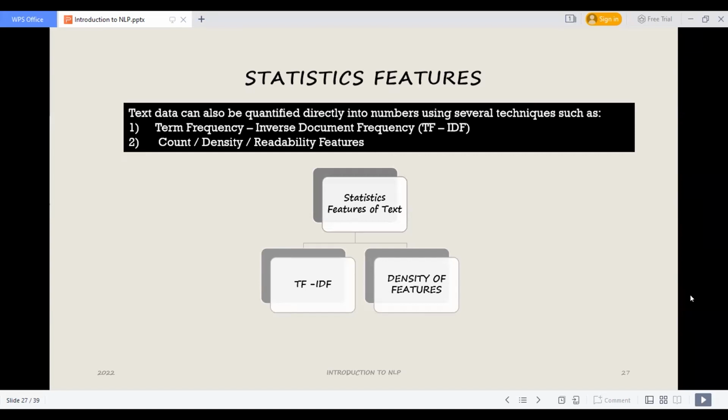TF-IDF is a weight model commonly used for information retrieval problems. It aims to convert text documents into vector models on the basis of the occurrence of every word in the document, without taking the ordering into account. It doesn't matter what comes first, it will just calculate the count of that word.